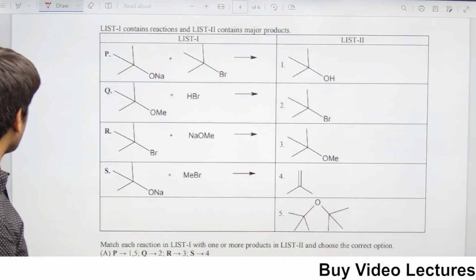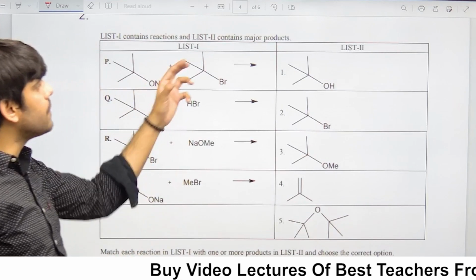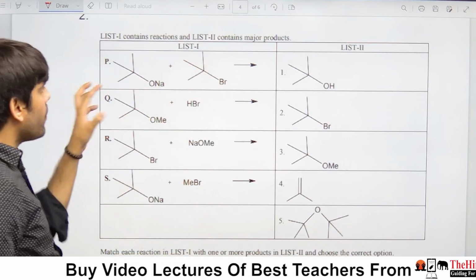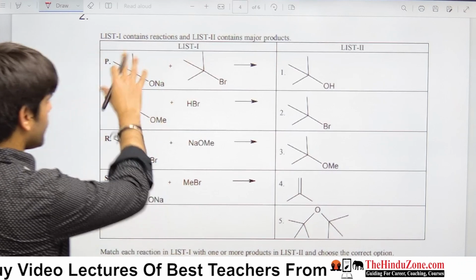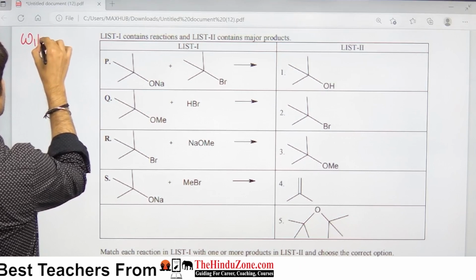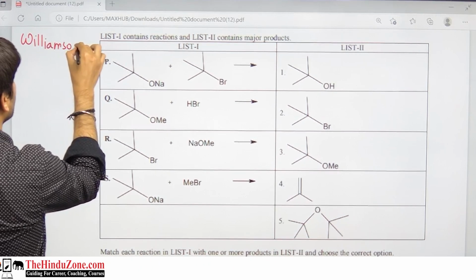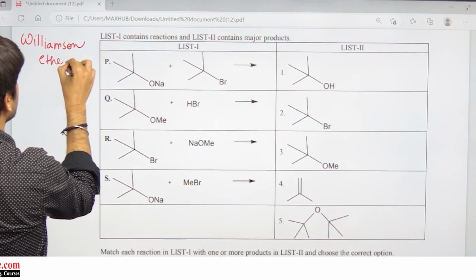Here is our second problem. List 1 contains reactions and list 2 contains major products. Okay, so before we start this question, we know that if I discuss with you Williamson ether synthesis,